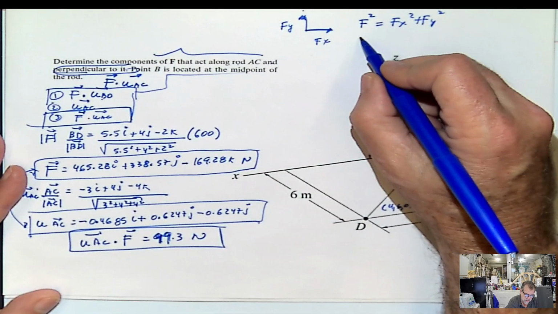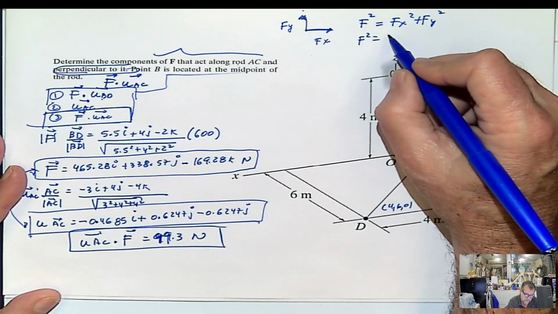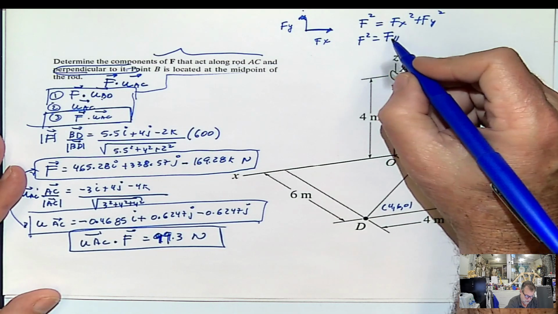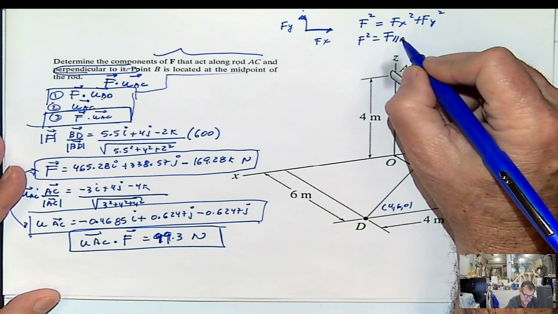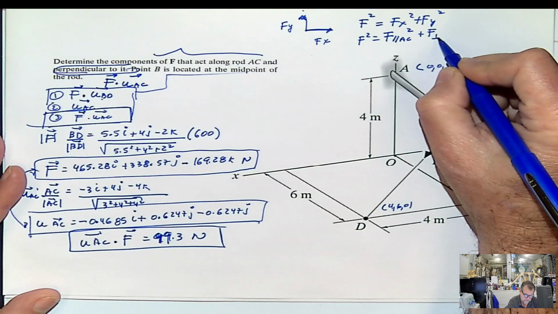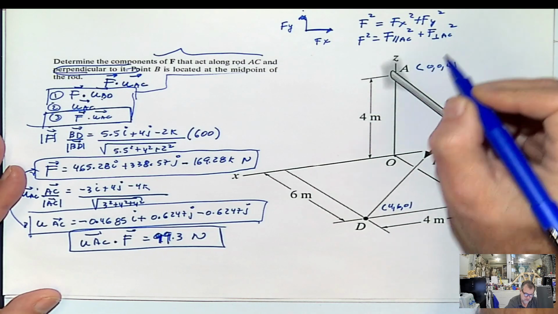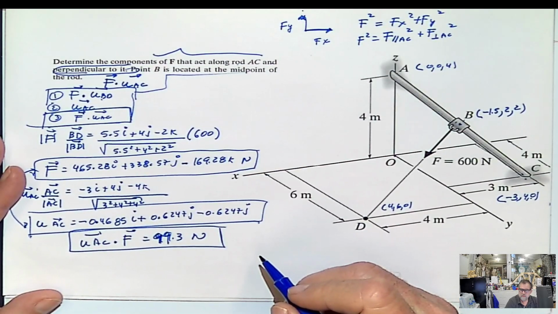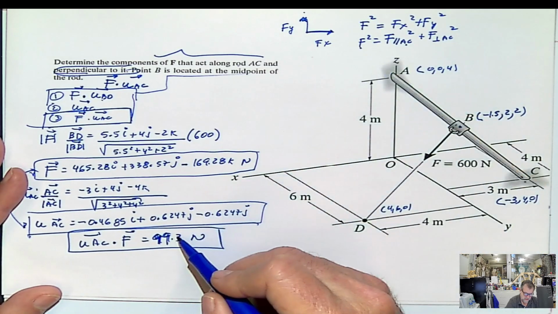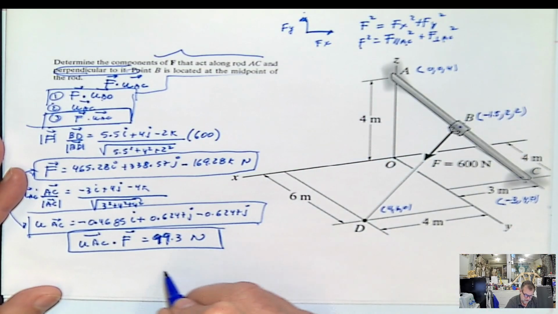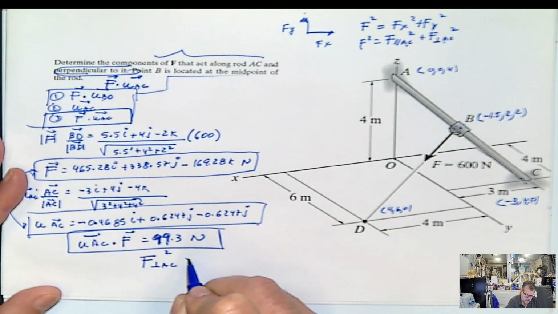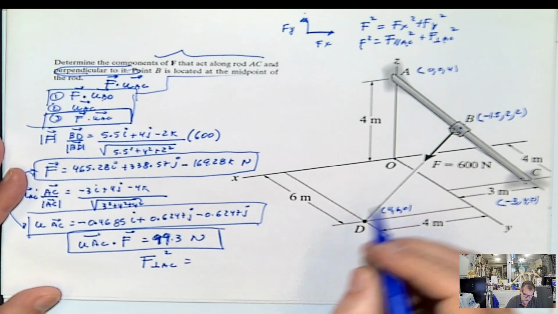Or I can say that F squared will be the component of the force parallel to AC squared, plus the component of the force perpendicular to AC squared. And I know this is 600, and I know this is 99.3. So I could find the component perpendicular to AC squared,